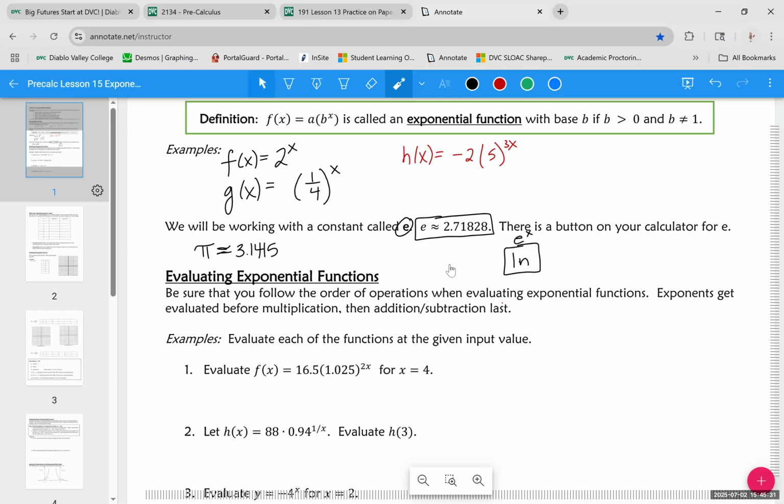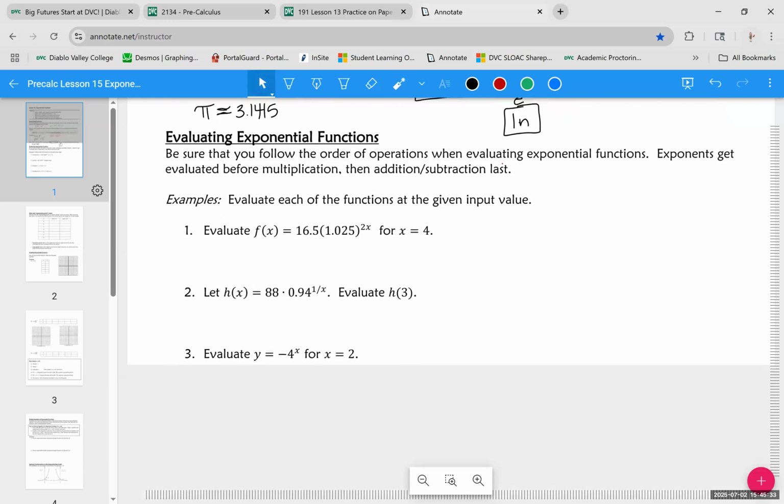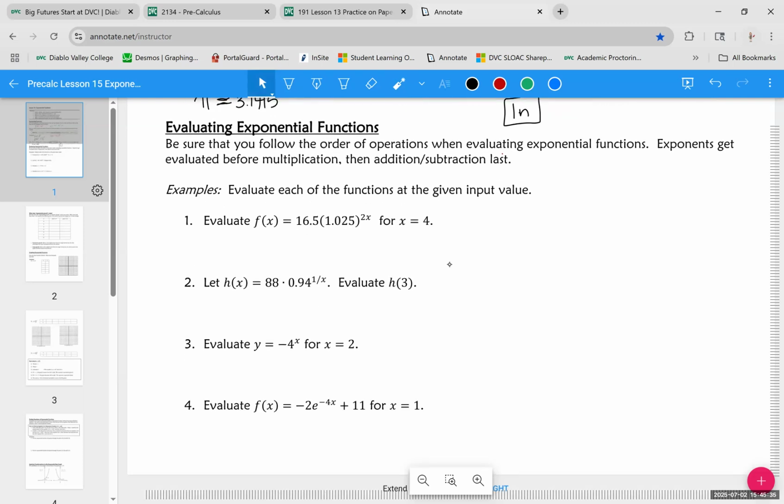All right, so let's talk about evaluating exponential functions, right? That means just plugging in numbers and figuring out what they're equal to. So the main thing is following your order of operations, right? Exponents come before multiplication, and addition and subtraction comes last. So if you were going to evaluate this first function,